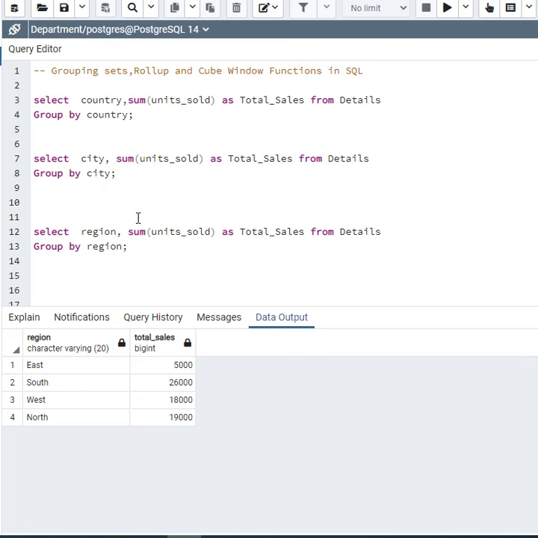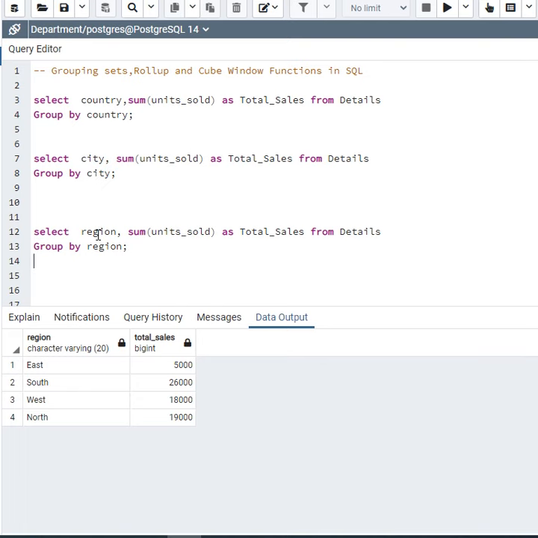But what if I have so many columns and I want to see the total sales and total profit of all of them? If I write the queries individually, it will create a lot of duplicacy and become very complex.